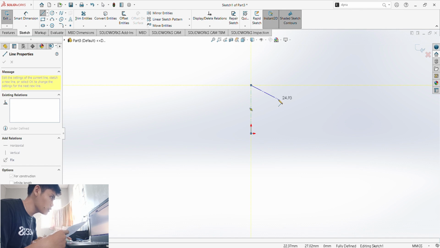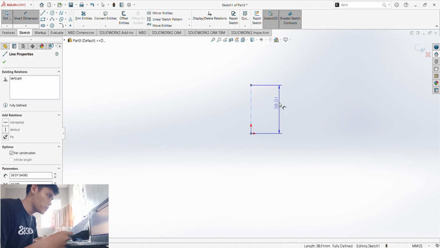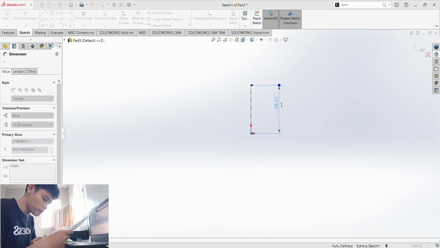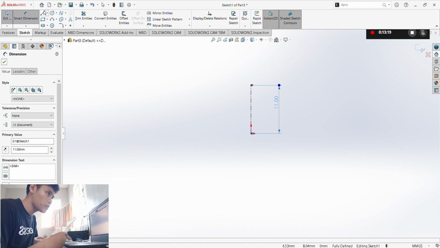For this one, we won't be using the dynamic mirror entities nor the mirror because there is an easier way of doing this.